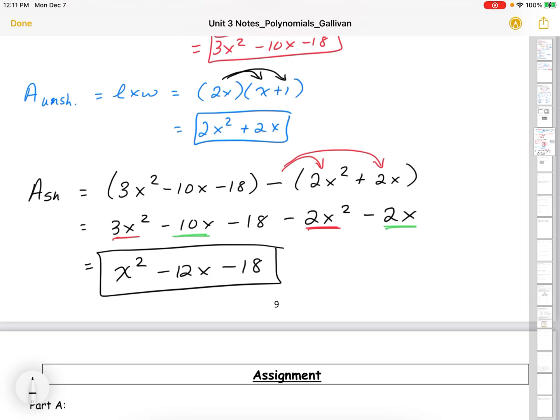So basically these area and perimeter questions are a way to apply the skills that we've learned in terms of multiplying, adding and subtracting polynomials. There's no division yet. That's coming when we get into